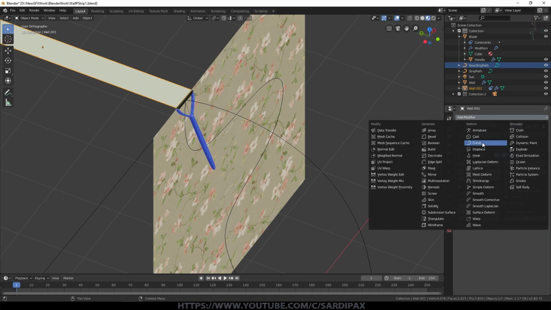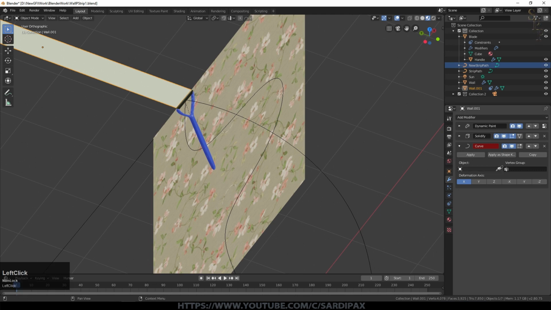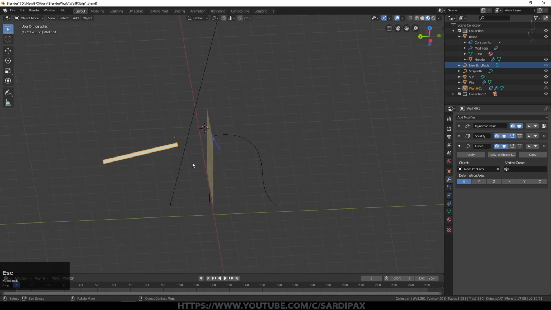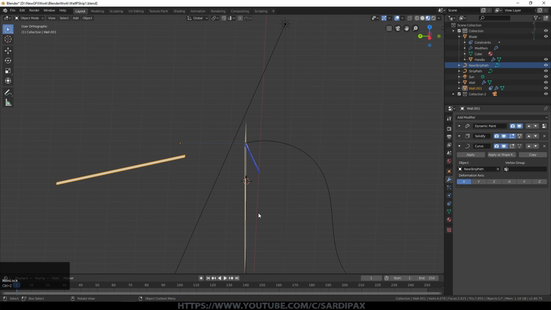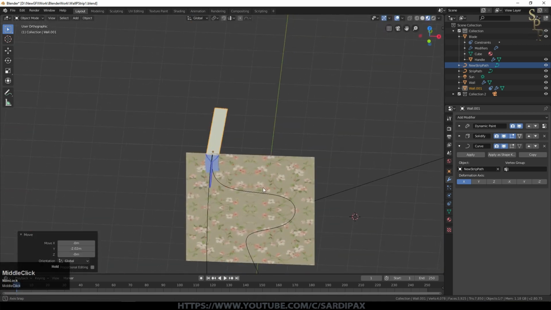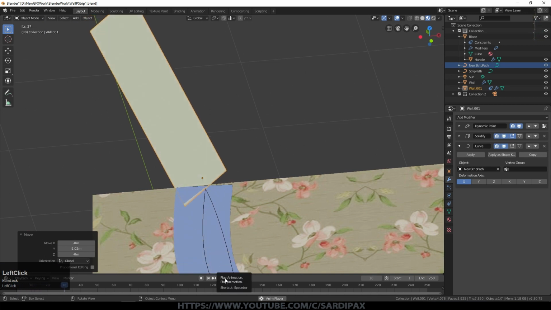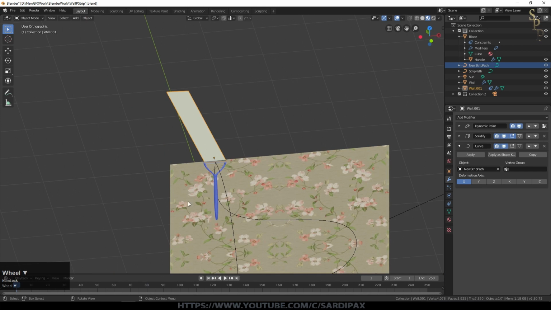And this modifier is called curve. So I'll just minimize the others to avoid confusion. And I'm going to use the new curve that I just created. And the idea is, as I move this mesh in the y-axis, it now follows that curve, as you can see. So I'm just going to push that up to be roughly where it needs to be. And that all seems to be okay.